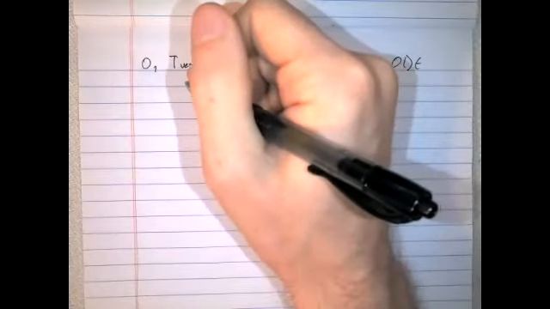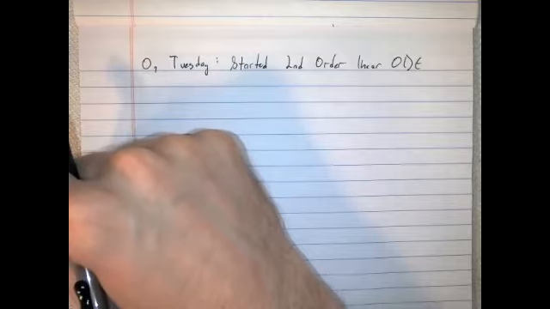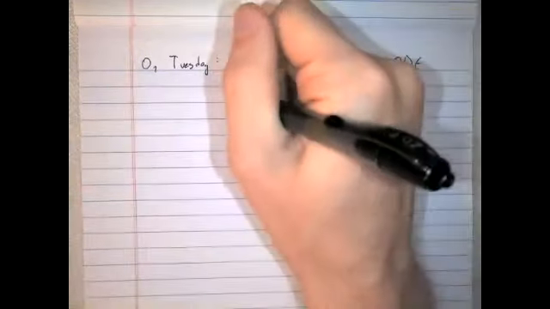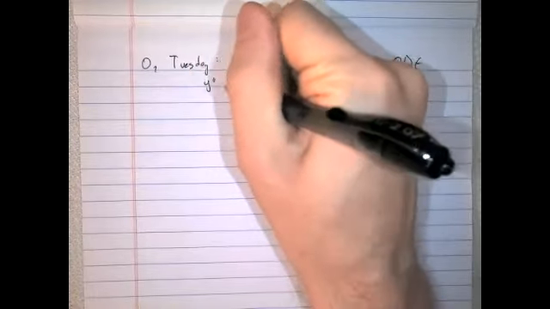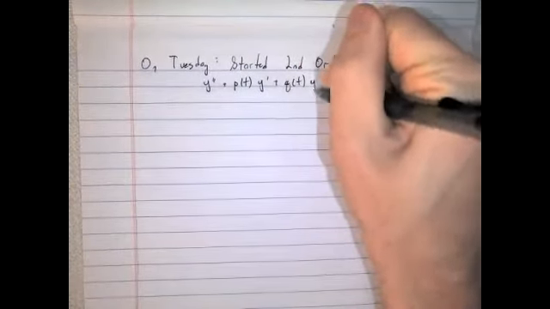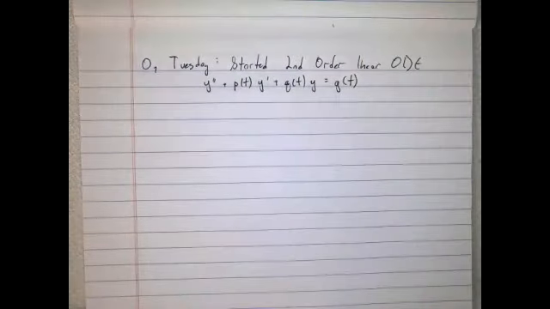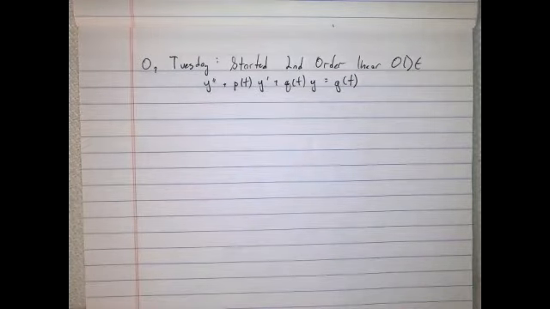So the general form of a second order linear ODE that we could hope or attempt to solve would be something that looks like y double prime plus p of t y prime plus q of t y is equal to g of t, right? This would be what we would call a second order linear ordinary differential equation. We're allowed to have functions of t as coefficients of the y double prime, y prime, and y, and of 1 essentially,